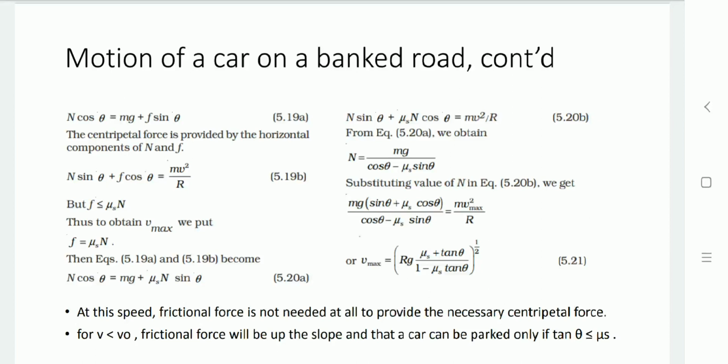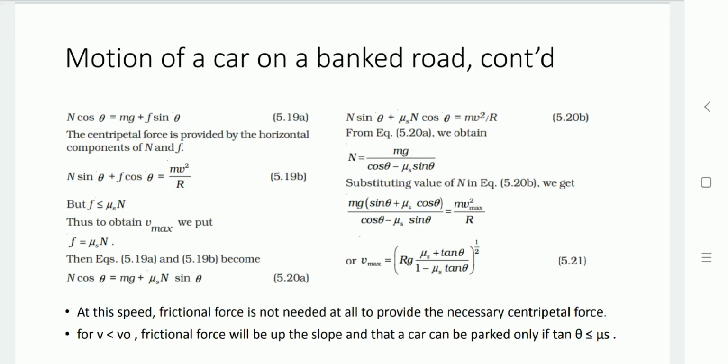This is the minimum force required for the object to get a motion, an external force F having the value mv square by r, that is F equals ma with a replaced by v square by r. So by equating, we have N sin theta plus F cos theta equal to mv square by r. And as we know, maximum static friction Fs equal to mu s N,